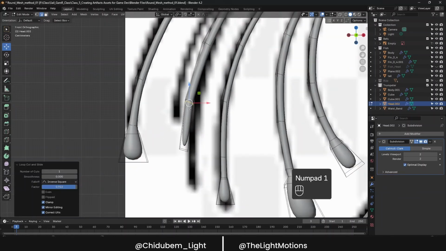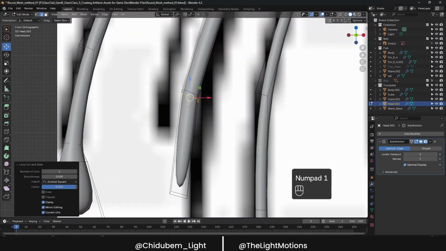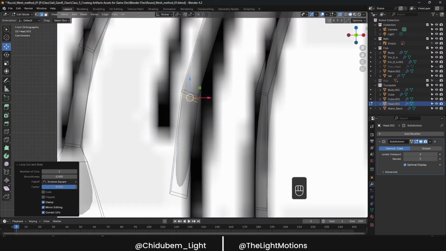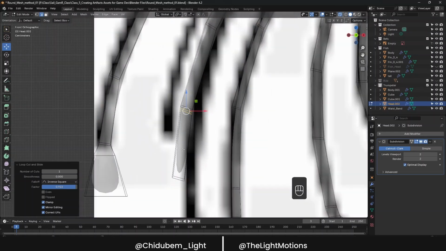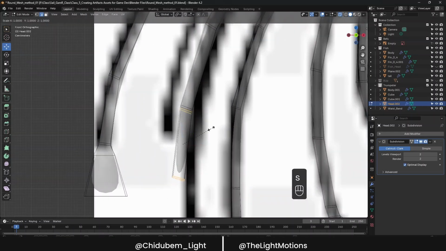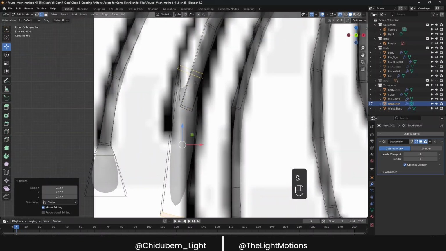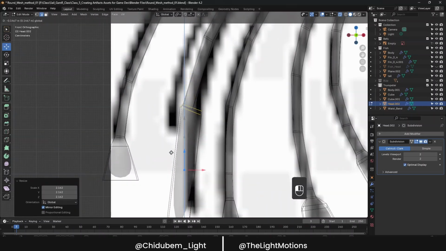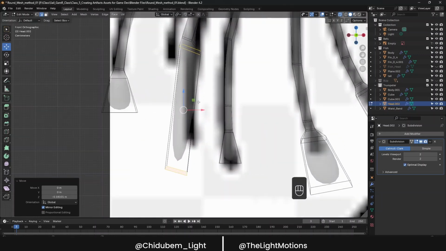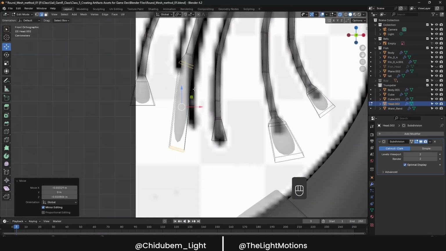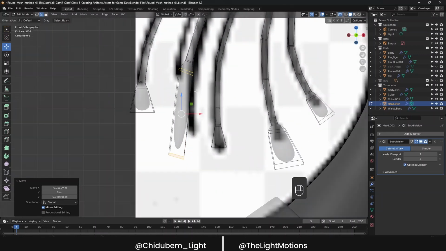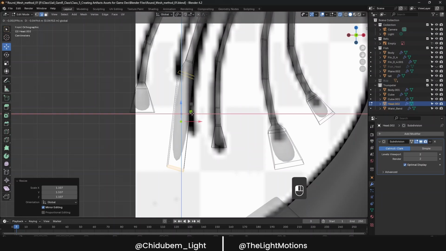Mind you, I'm still on numpad one, that's front view, marquee select, but before then make sure I'm in X-ray mode, toggle it, marquee select this, then S to scale up, then it jumps into this, then bring it down, bring it out this way, then this is just still scale it up this way, then bring it out this way,